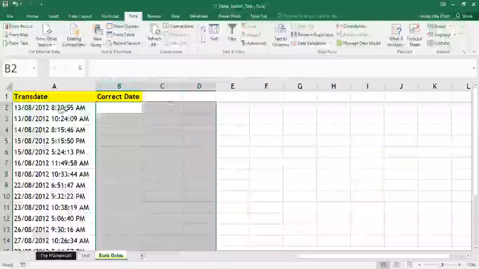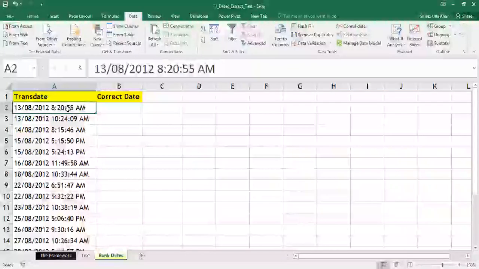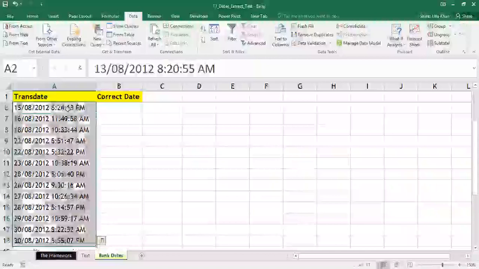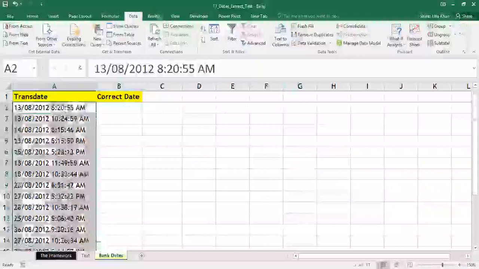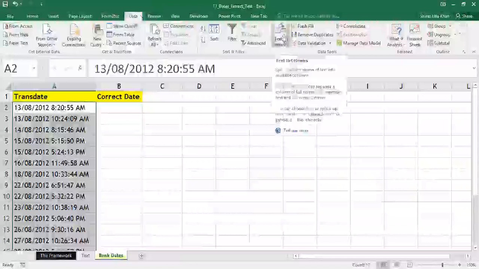So people, as you know, the first step is to select the data. So I'll click on cell A2 and I'm pressing Control Shift down arrow key from my keyboard to select the data. I've selected the data as the first step. And now as the next step, to start the text to column utility, I click on the data tab. And once I click on the data tab, in the data tools, I click on text to columns.